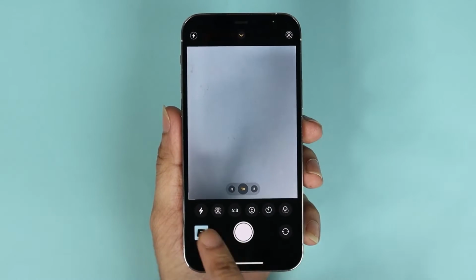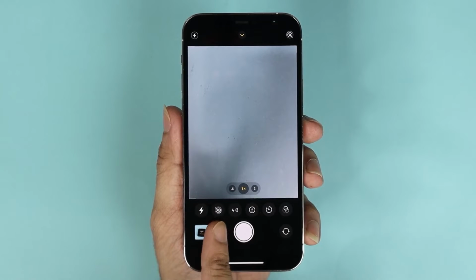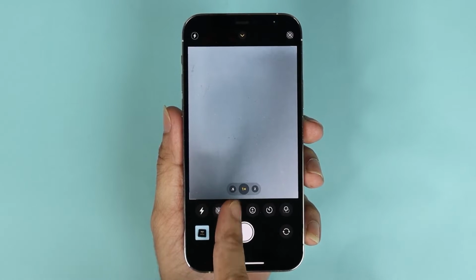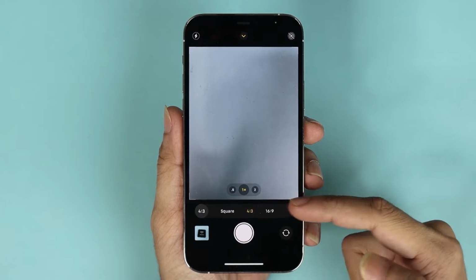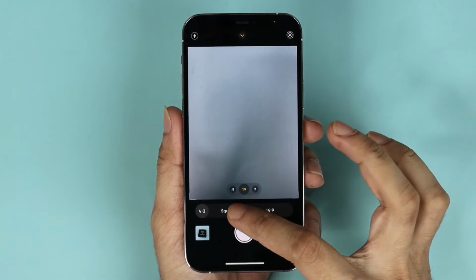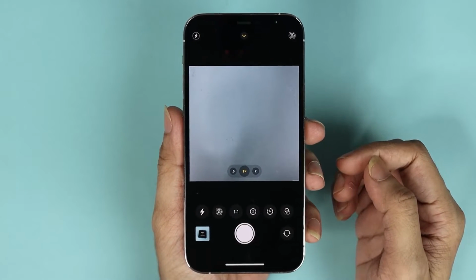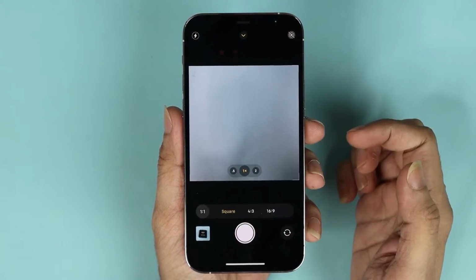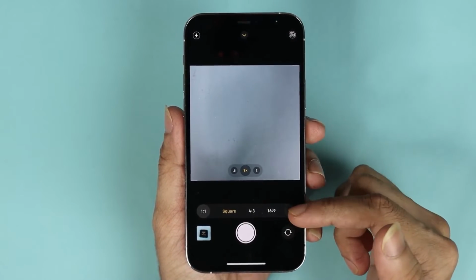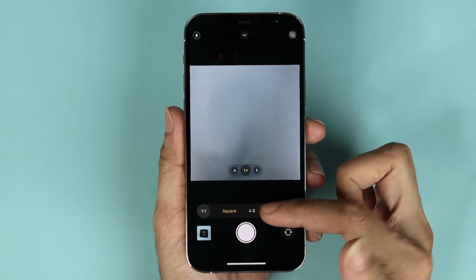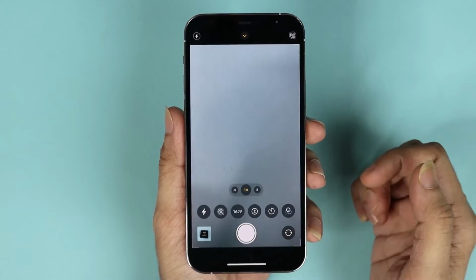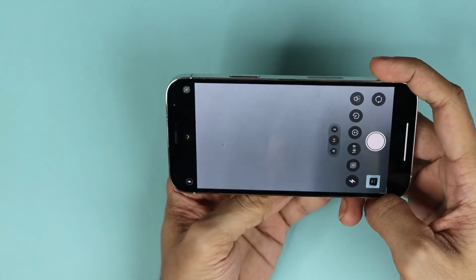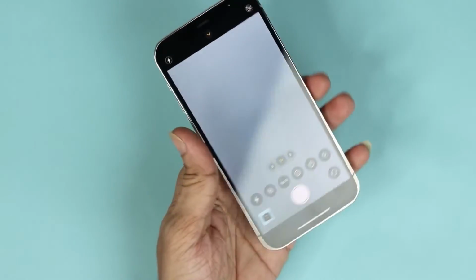and then you will see these options, and you should see this 4:3 which is the default, and if you tap here you'll see all the other options, and if you tap on square you can see that the camera cutout just became square, and if you tap here again you will have the option of 16:9, 4:3 which is the default, and if we go to 16:9 you can see that it is wider now,